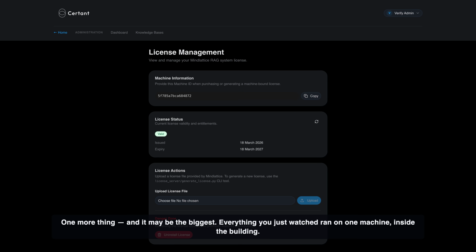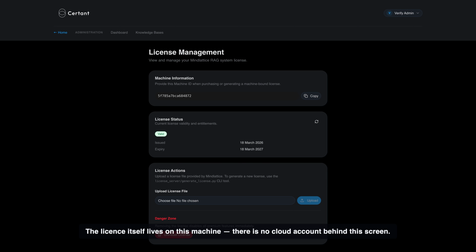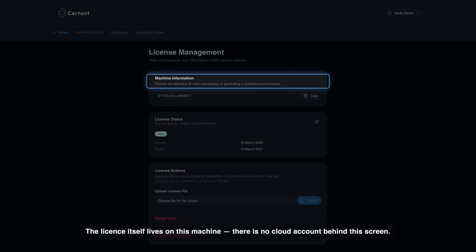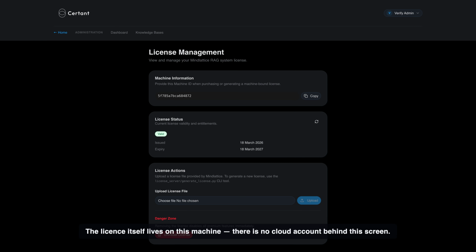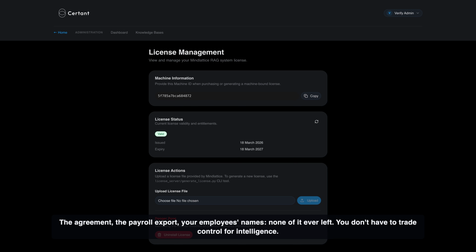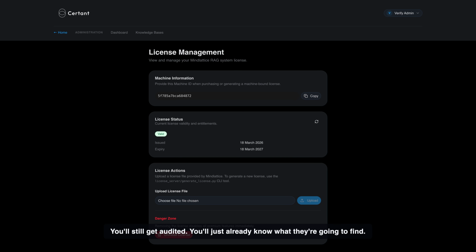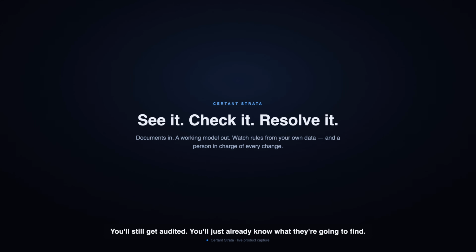One more thing, and it may be the biggest. Everything you just watched ran on one machine inside the building. The license itself lives on this machine. There is no cloud account behind this screen. The agreement, the payroll export, your employees' names. None of it ever left. You don't have to trade control for intelligence. You'll still get audited. You'll just already know what they're going to find. Certain Strata. See it, check it, resolve it,